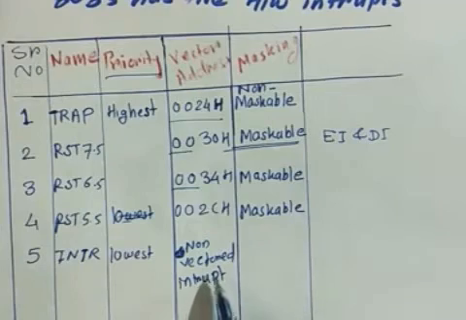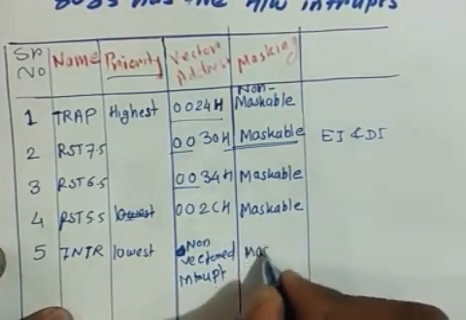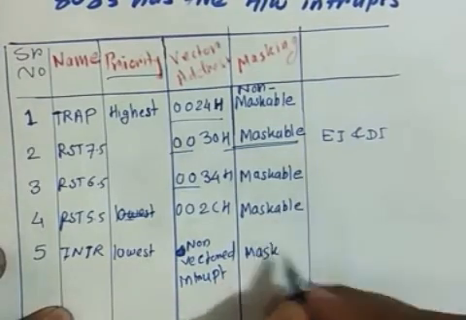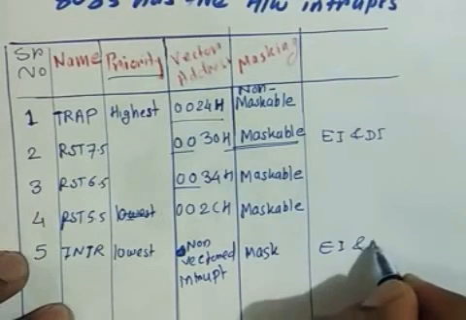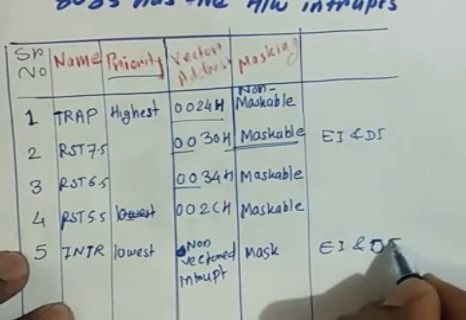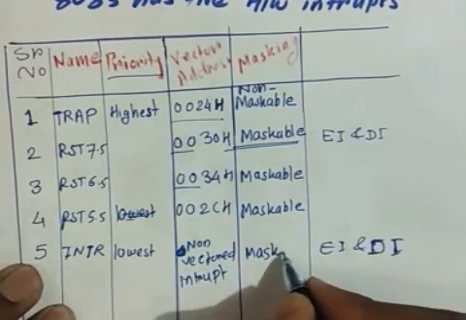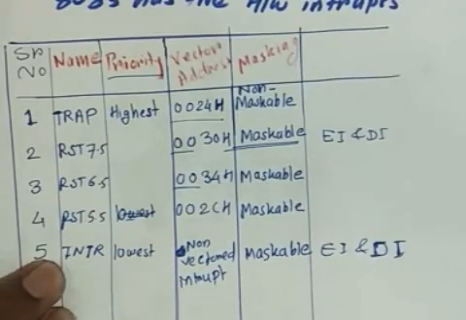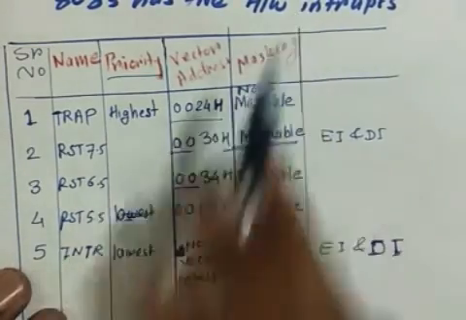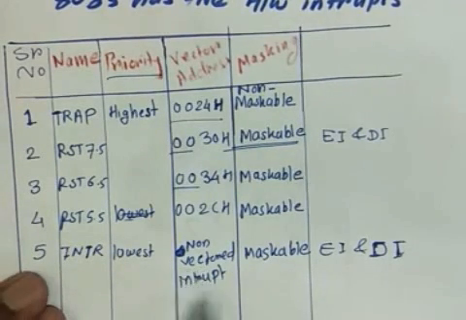Again we have seen that this can be enabled or disabled using instructions, so this is maskable. Among these 5 hardware interrupts, the vector address for INTR is not